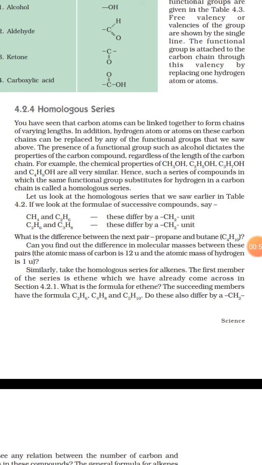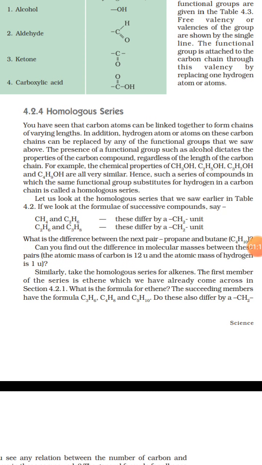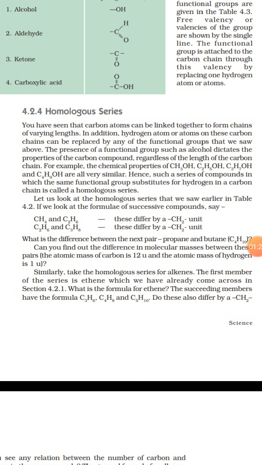Students, look here. If we talk about the functional group OH, which is attached with CH3. Suppose we take an example. CH4 is methane, which is an alkane. If we remove a hydrogen from it and add OH, then it becomes CH3OH. Now again, C2H6 is the ethane compound. If you remove a hydrogen and add one OH, then it becomes C2H5OH.